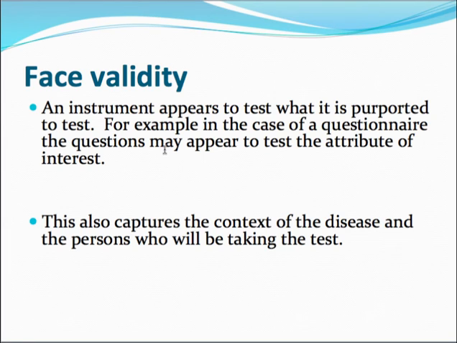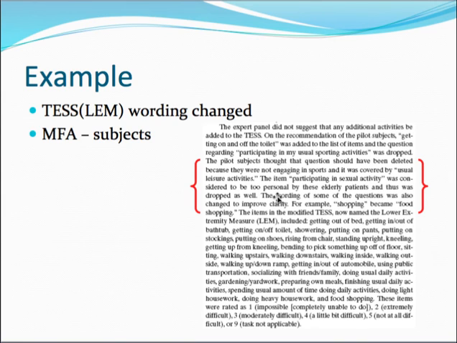Face validity has to do with content validity that we talked about before, which is just that the instrument appears to be measuring what it's supposed to. The example here is that they tested that in this study for the LEM by asking subjects, who thought some of the questions on the questionnaire should be deleted, so they went ahead and deleted those in developing it. They also had other suggestions, like there was one question about sexual activity and positioning that they thought was too personal, so they asked to remove that. Those changes were made to the questionnaire based on feedback from subjects, and that has to do with the face validity of the